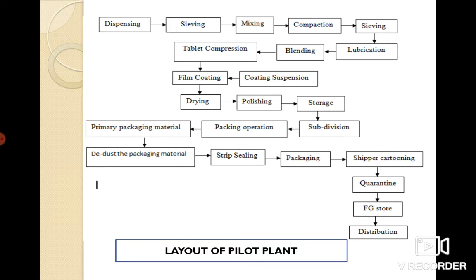Obviously, we can say that manufacturing of a tablet is a complex multi-stage process whereby formulation scientists ensure that the correct amount of drug substance in the right form is delivered at the appropriate time, at the proper rate, and in the desired location with its chemical integrity protected to that point.